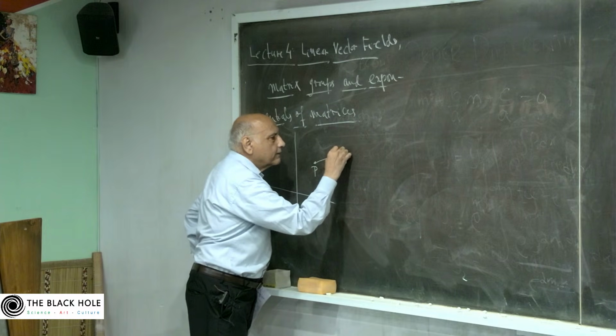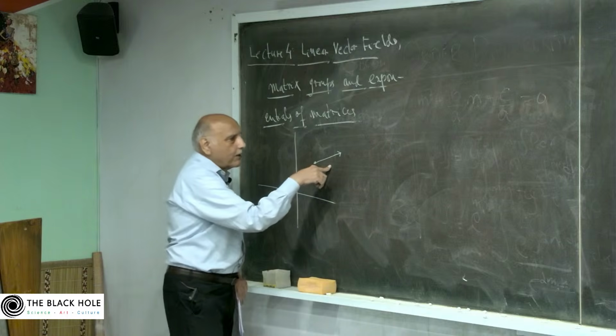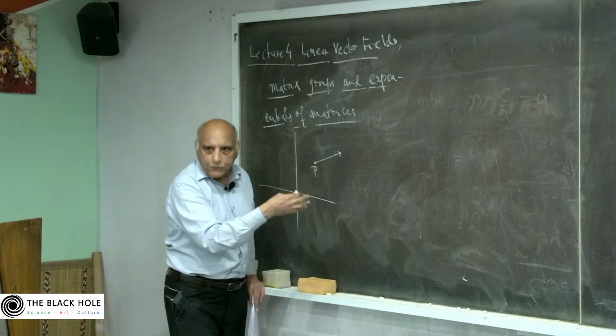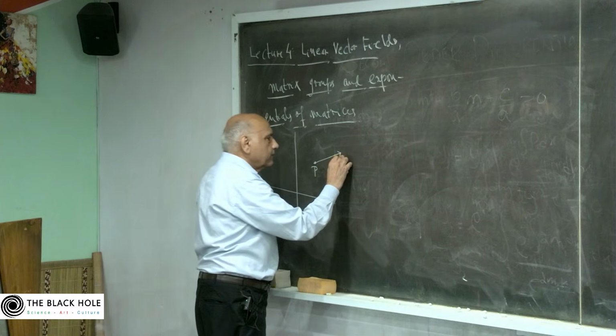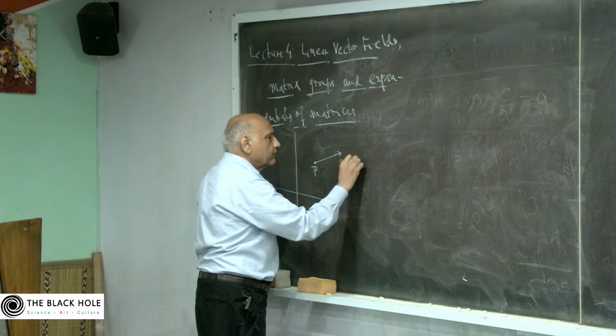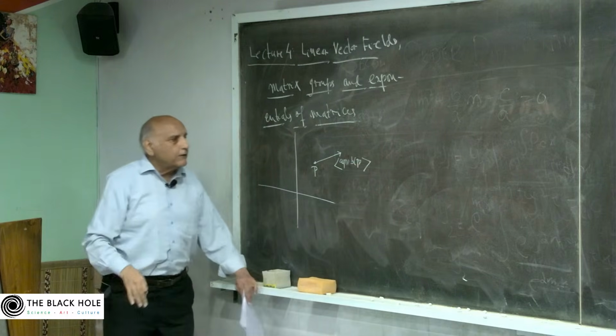And this is your vector. Because we are in two dimensions, how many components will it have? Two components, right? This will be A(P) and B(P). A and B are functions of P, and then to every such